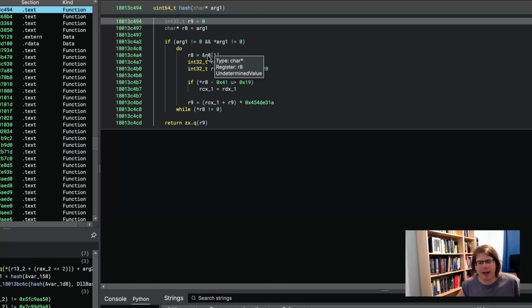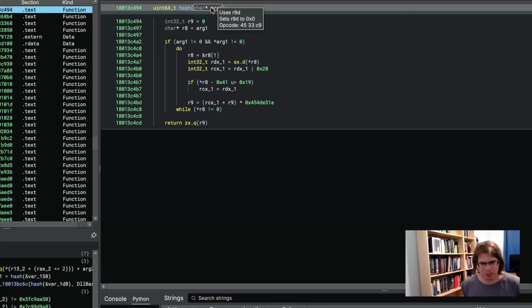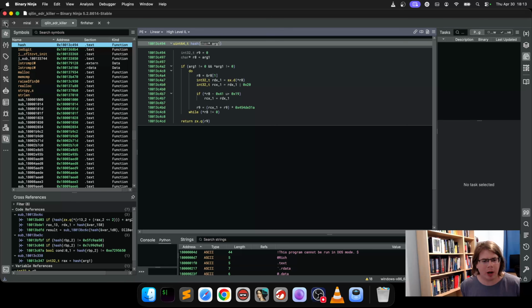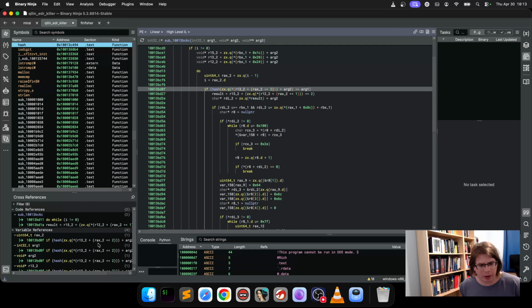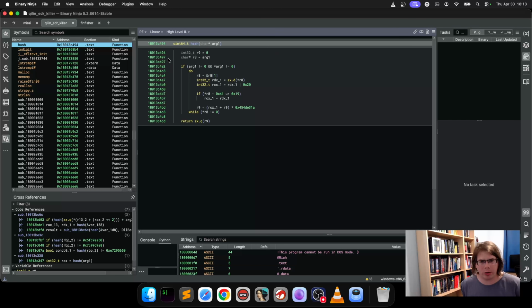This is the underlying hash function that computes a value for the given string. There's of course some code around it, and we see that there are multiple calls to it. And now, once we figured that out, our idea would be to ask an agent